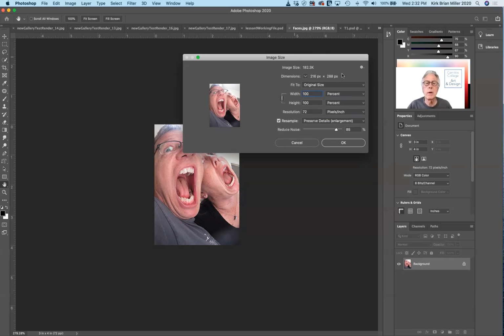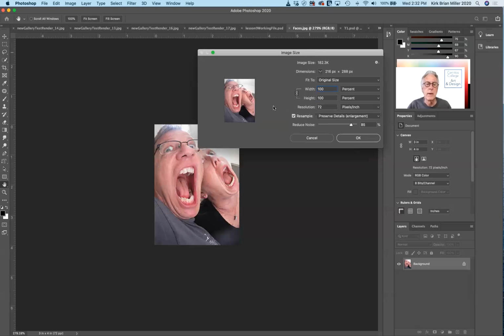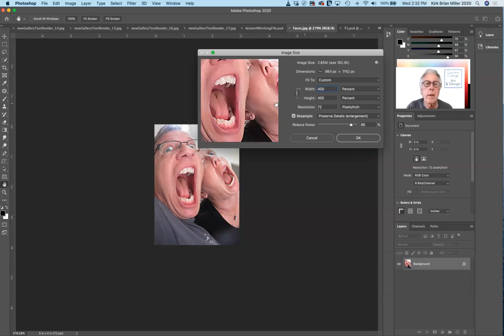And resample has really improved over the years. In the past, by increasing the scale of an image after it had been scanned or we got it off the internet or whatever, 72 pixels per inch would be totally unusable. But now I have the width and the height linked to one another, so I'm going to change it to 400%. Okay. Now, under the resample, I want to make sure that it says preserve details in enlargement